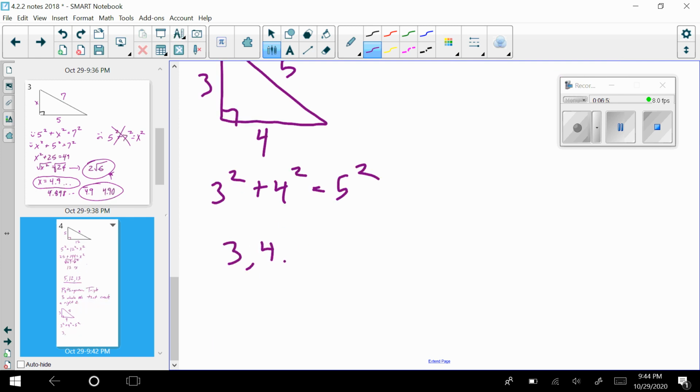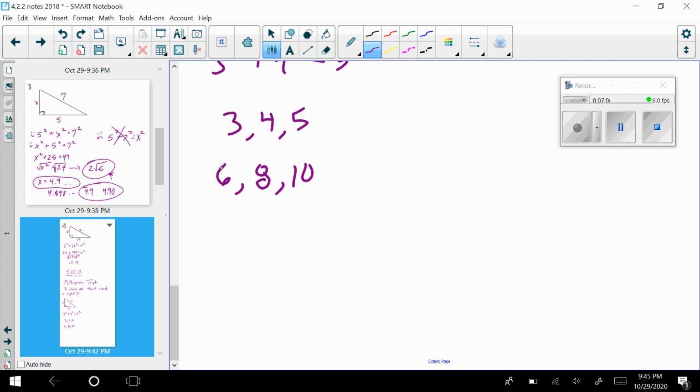Okay, that is considered a family of Pythagorean triples, and what's awesome is that any multiple of 3, 4, 5, so 6, 8, 10, is also 3 sides of a right triangle, and any multiple of this, right, 9, 12, 15, all the way down, like 30, 40, 50, would also create a right